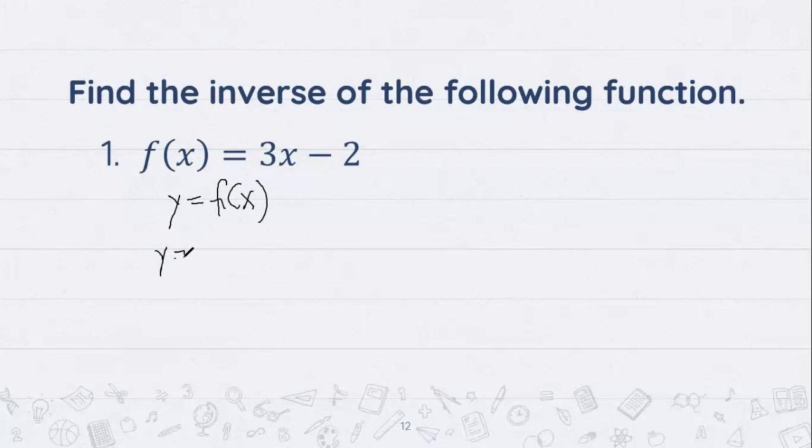So we have y is equal to 3x minus 2. The next step is, anong gagawin? Pagpalitin, i-interchange si x and si y. So pagpapalitin ng posisyon, we have x is equal to 3y minus 2. Ngayon po, we will be solving for y. Kailangan si y lang yung matira sa left side or sa right side or any sides of the equation. Okay? So kailangan matira lang yung y. So anong gagawin natin? Ililipat natin yung